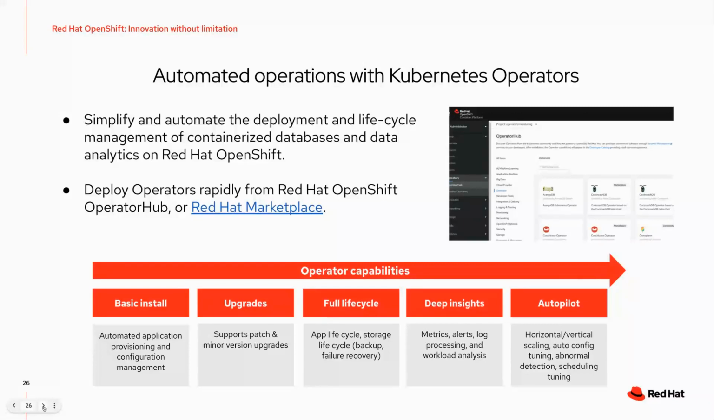And most importantly, the advancement of operators has changed the game for deploying these technologies into OpenShift. We simply automate the deployment and lifecycle management of containerized databases and data analytics on Red Hat OpenShift. And operators automate a lot of day 1 and day 2 operations such as provisioning, backup, scaling, etc.,